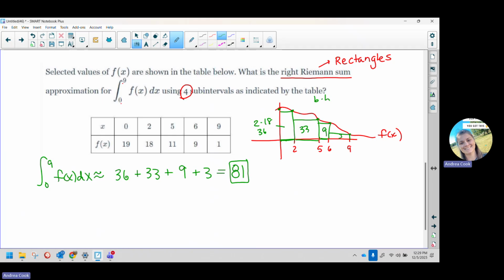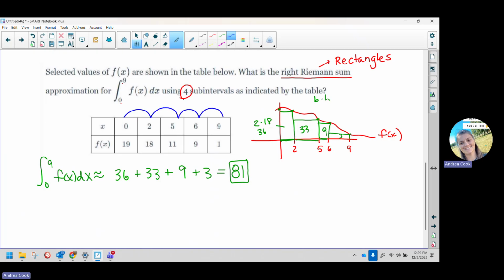All right, so now I'm going to do the same problem, but without the picture, using the table. Because how many of you want to draw and plot all those points? You don't want to, right? All right, using the table, if I go here to here, there to there,